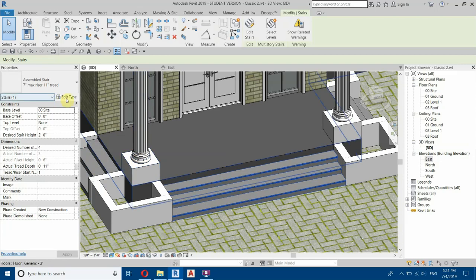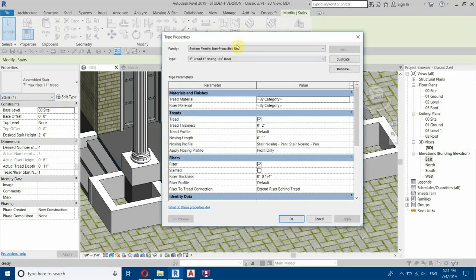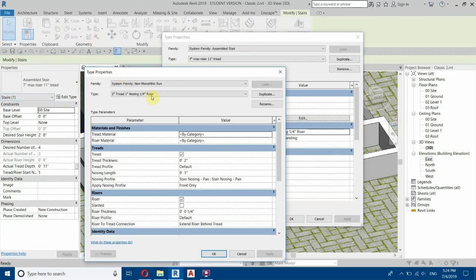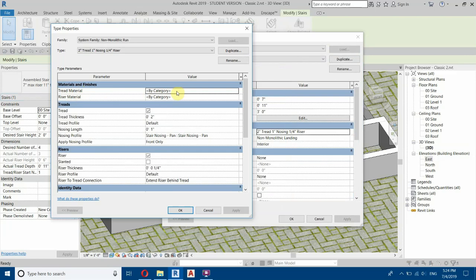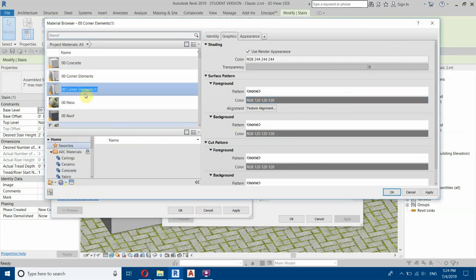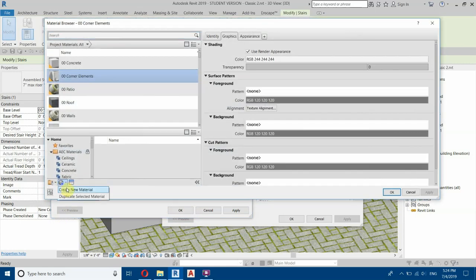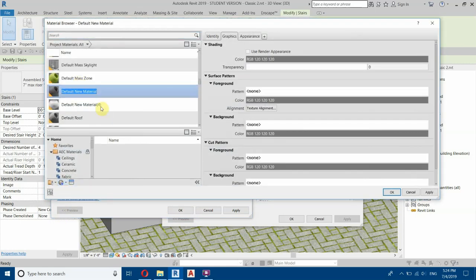Select and then edit type, and here just click at the corner here, and it will open up this new dialog, and here you will find the tread and the riser materials. So just paste the white material, or we will create a new one for these steps. So create new. Okay, let's cancel, create new, rename 00, just call it floor,